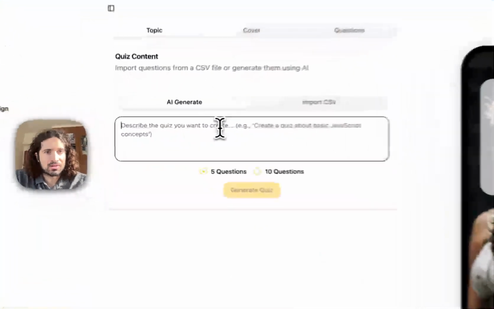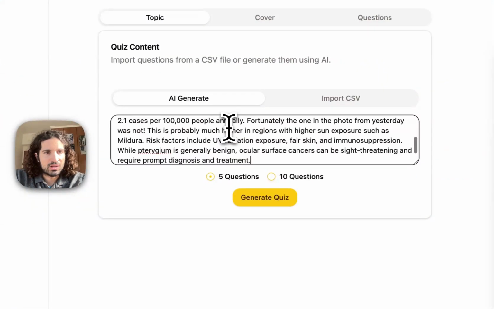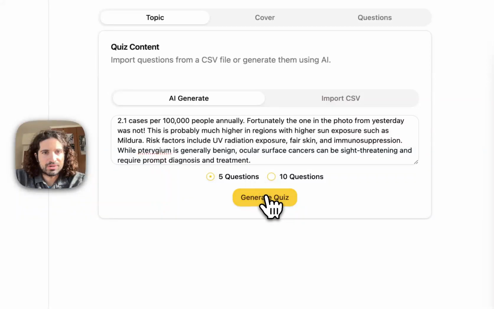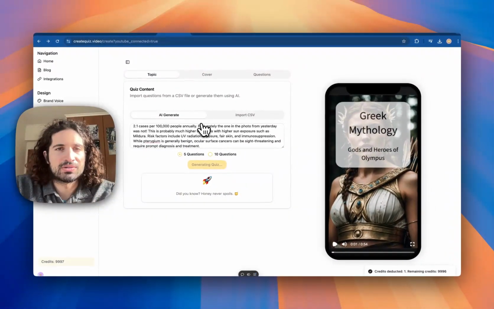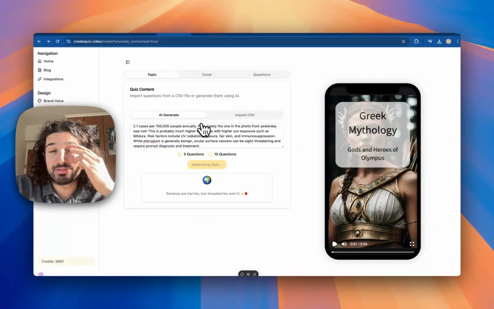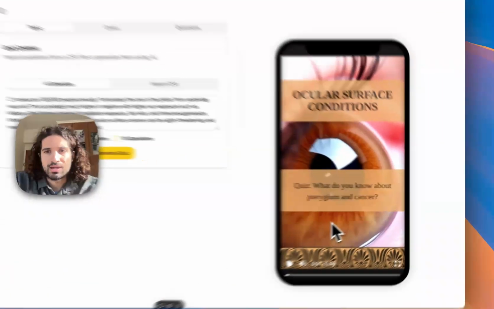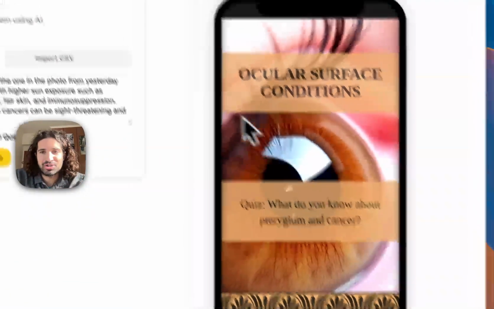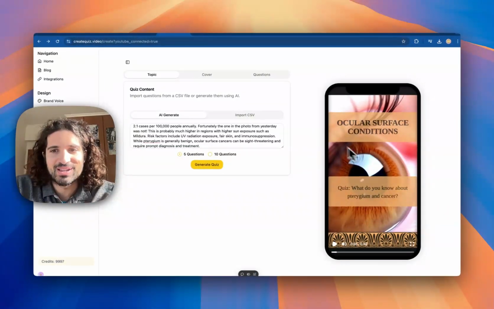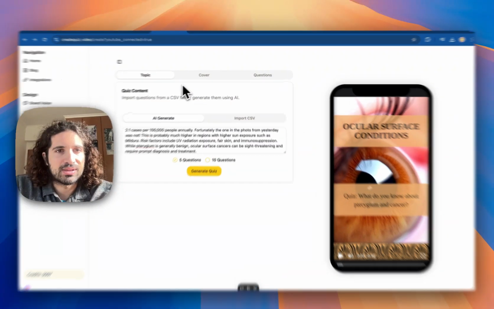So I have my content over here, and I'm going to go ahead and generate the quiz. It's about ocular surface conditions, and specifically like pterygium condition, which is something that looks like a flap that's just building on top of your eye. Okay, so quiz. What do you know? This is an image generated through artificial intelligence, as you can tell, and we're going to replace